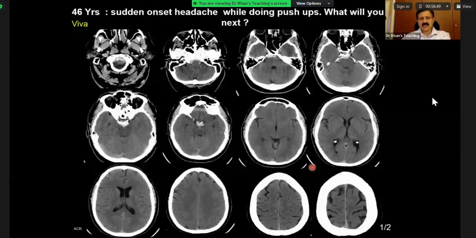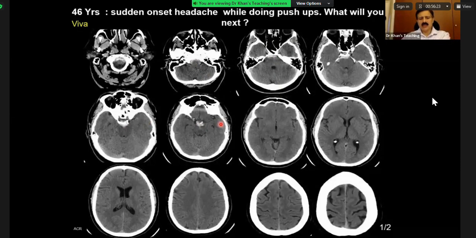Now, this is a case of perimesencephalic subarachnoid hemorrhage. Perimesencephalic subarachnoid hemorrhage is slightly different. Now, look at this history. This patient, while doing push-ups, then reported a headache, and you can see subarachnoid hemorrhage around the pons and the